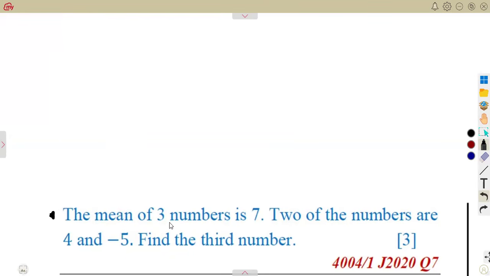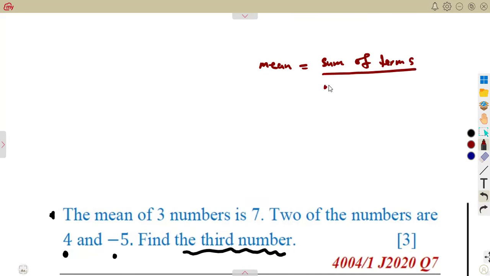The mean of three numbers is 7. They gave you, remember, you used to calculate on your own. Now they gave you the mean. Two of the numbers are 4 and -5. Find the third number. Okay, so this is the question. I do understand that if I calculate mean, this is the concept. This is our understanding. Mean, sum of terms